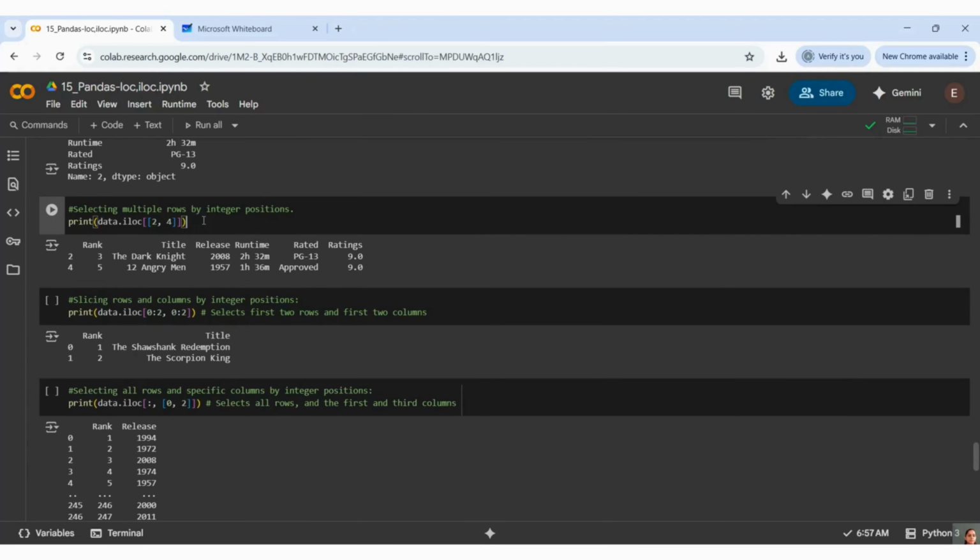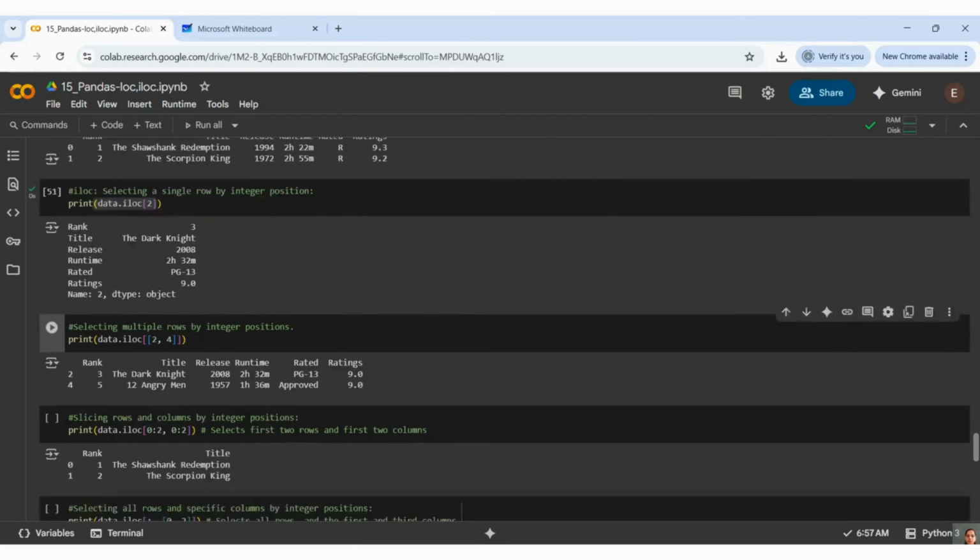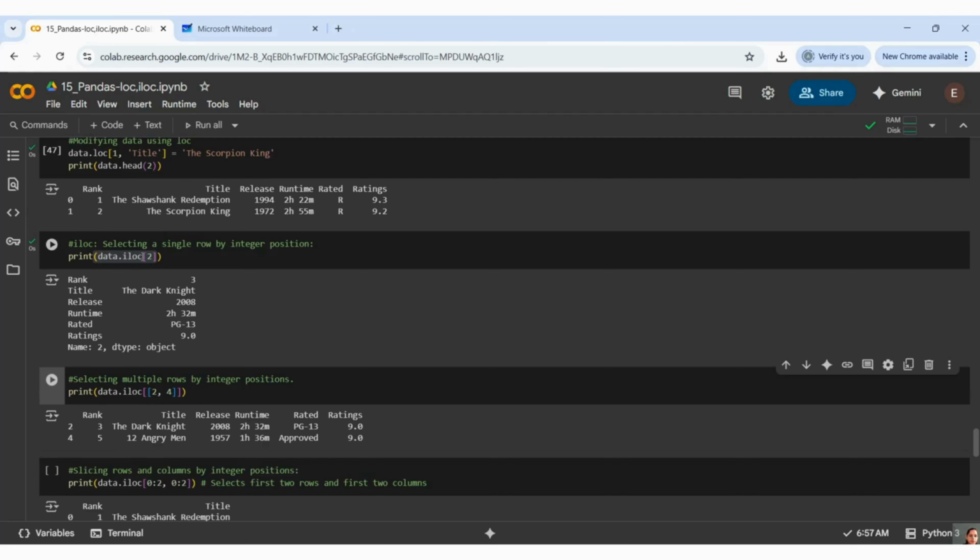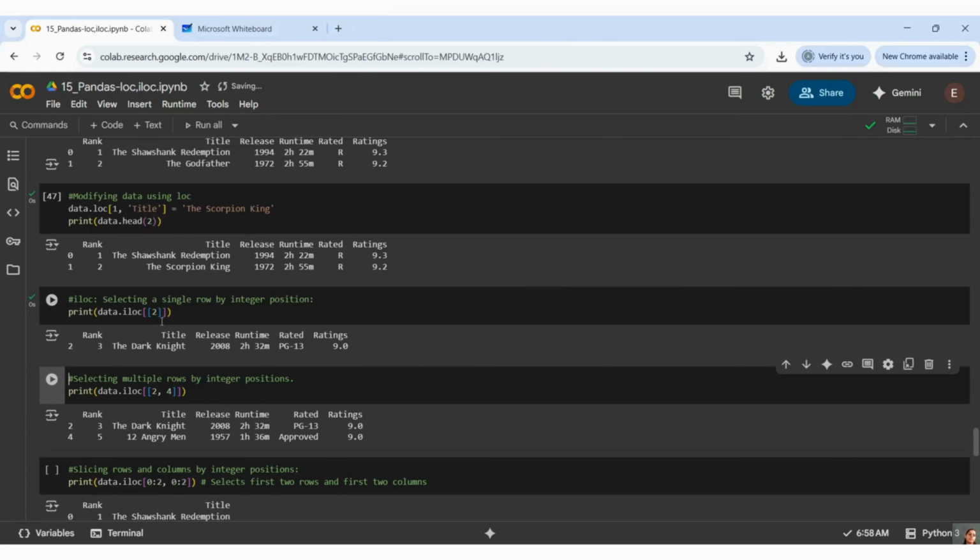Now I want, okay, I am getting a series here. Now how to get a data frame? This is how you can get a data frame. So my bad, guys. Before, I was actually getting a series of values, just a series.